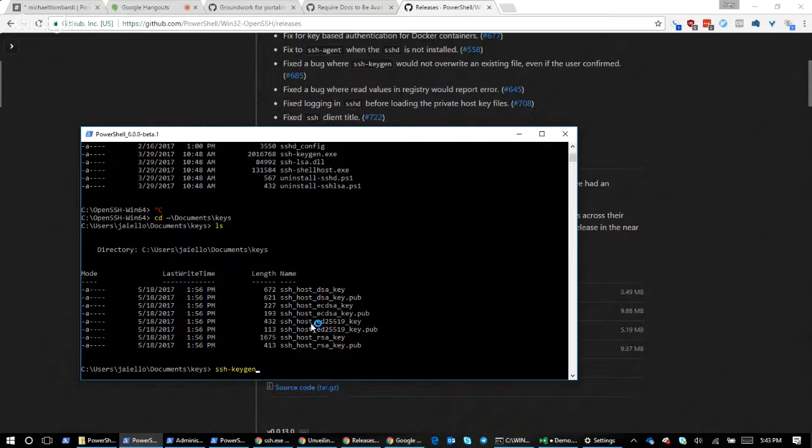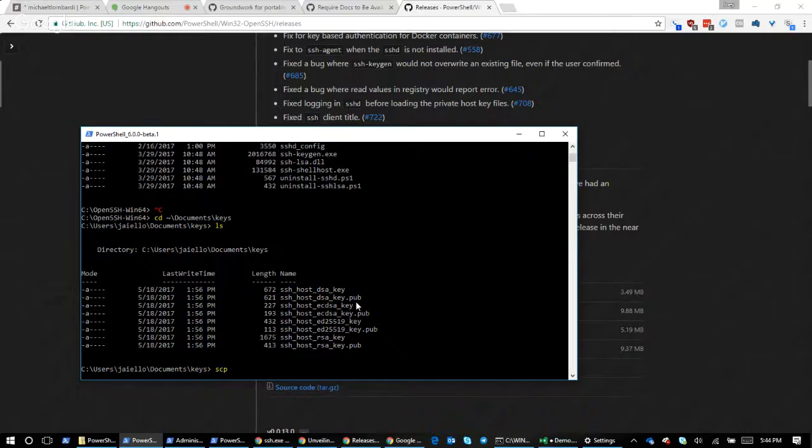So I did that ssh-keygen -A, and it gave me private and public key pairs. So the private keys are the ones that no one can ever have. The public keys are the ones I can share with anybody I want and be in no danger, right? And that I will actually put on the remote machine.